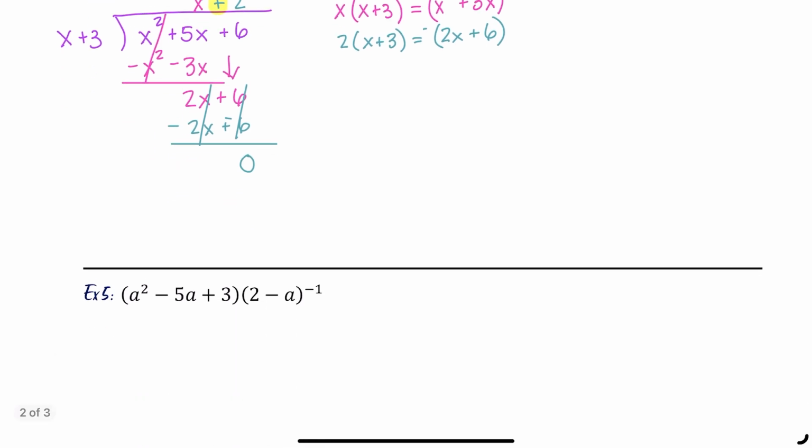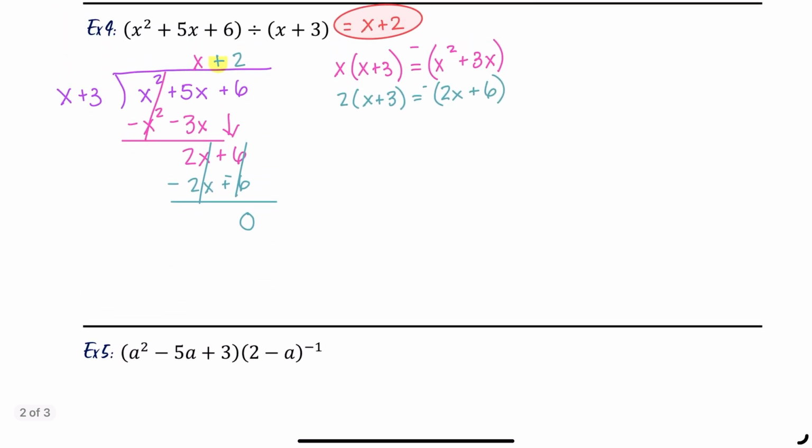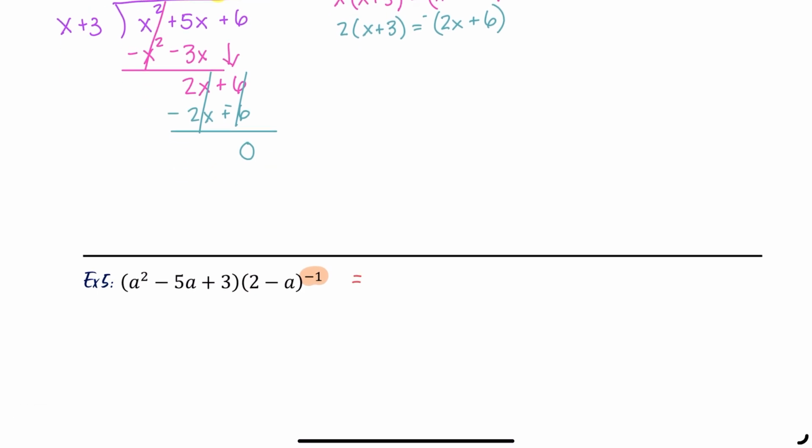For my third example, now it's written a little different if you look. My example above has my actual division sign here. Notice that in example 5, it's showing it as multiplication, but it's also showing it using that negative exponent. So we remember that a negative exponent means just simply to divide by. Or I can rewrite this as a squared minus 5a plus 3, and I'm going to divide that by 2